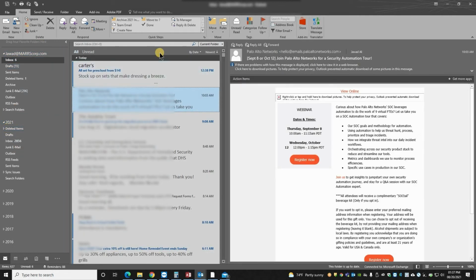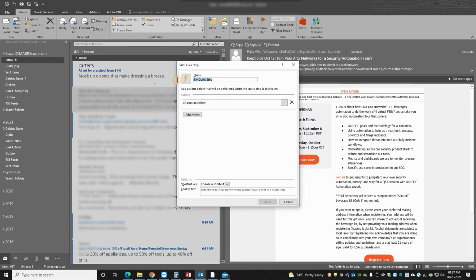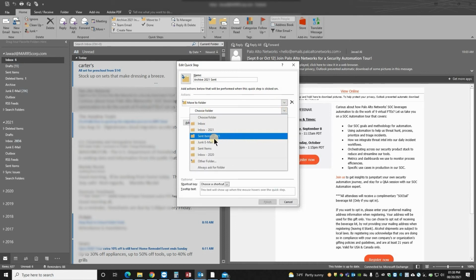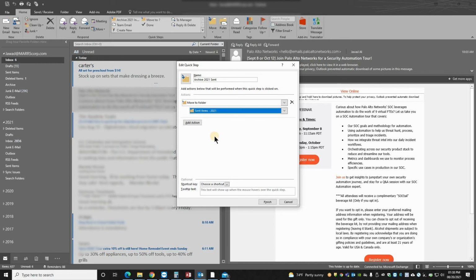Now you can create the similar thing with the sent item. For the sent item, simply you need to go to the create new and go here and archive 2021 sent items. You don't need to write that big, just anything smaller, or you can put just the sent. Choose move to folder, and this time you are going to select sent item 2021.